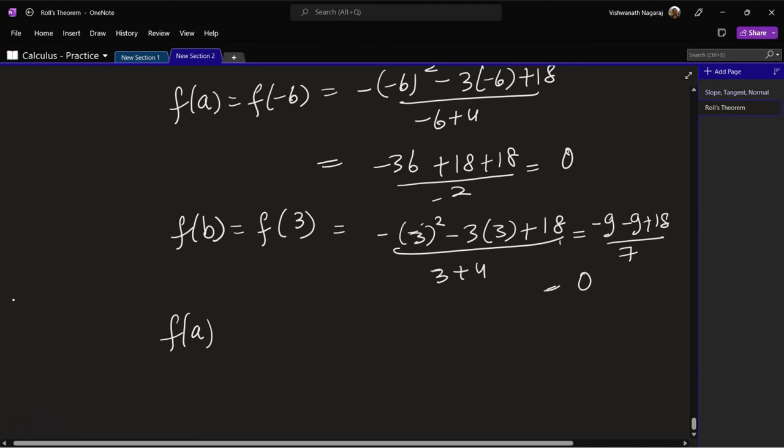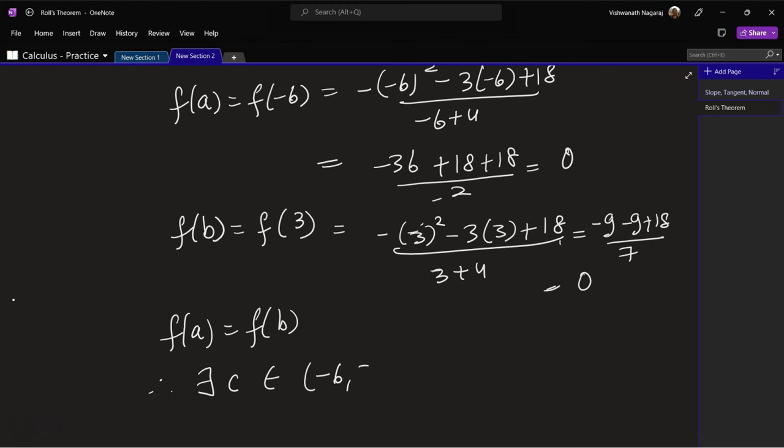So f of a is equal to f of b. Therefore, there exists c belonging to the open interval minus 6 comma 3 such that f prime of c equal